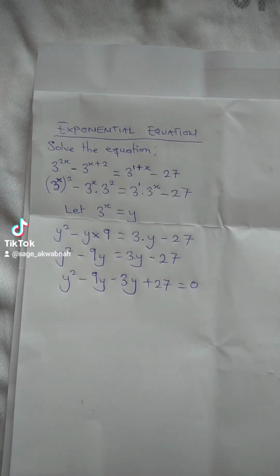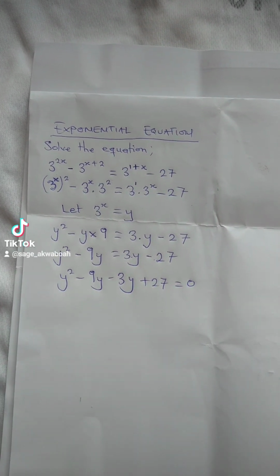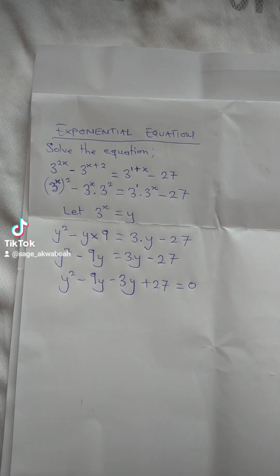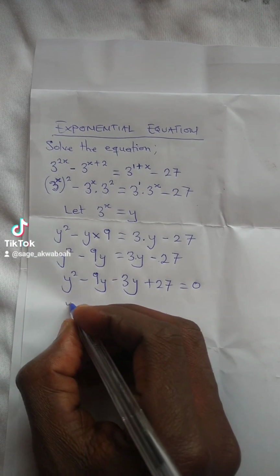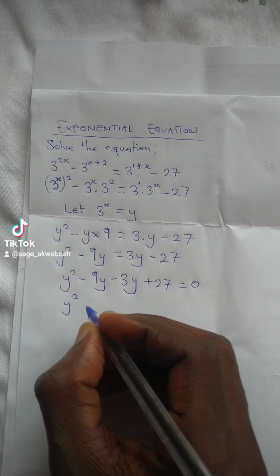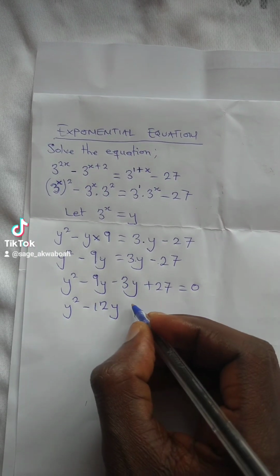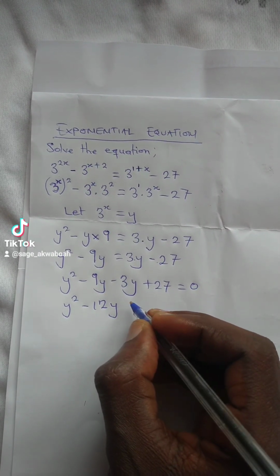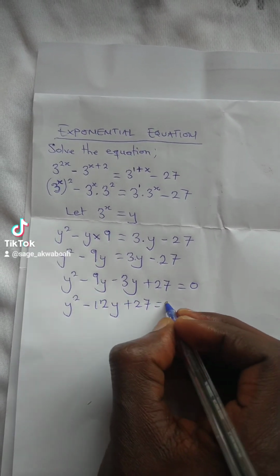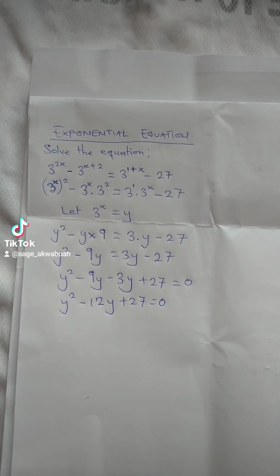So we have a quadratic equation to solve. A quadratic equation to solve. So we have y squared minus 12y plus 27 equals 0. So what we do here is we look for two numbers